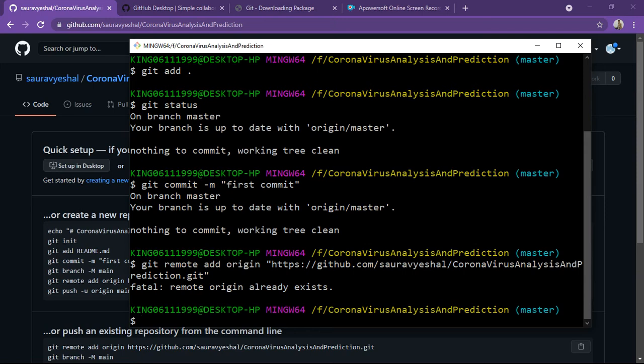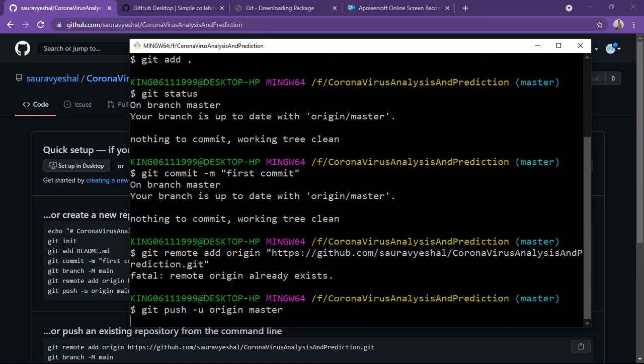And after all, you need to run one final command: git push -u origin master. After you finally run this command,